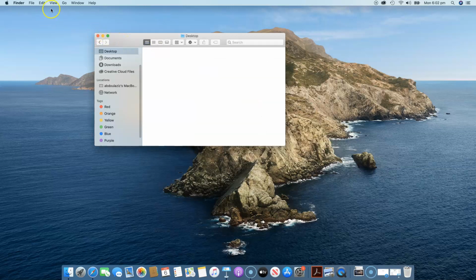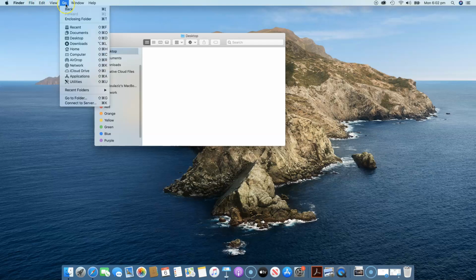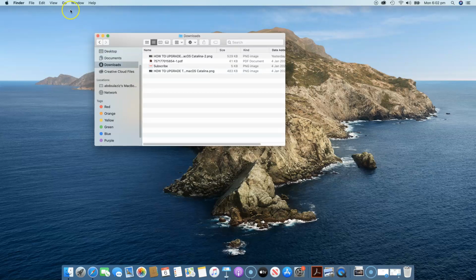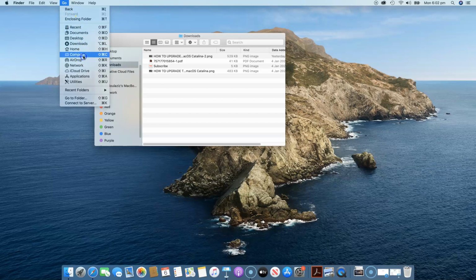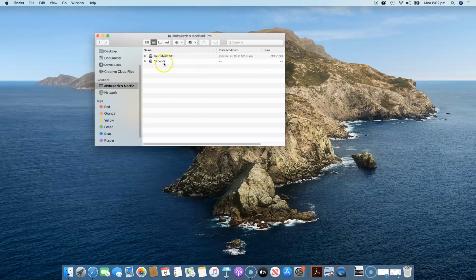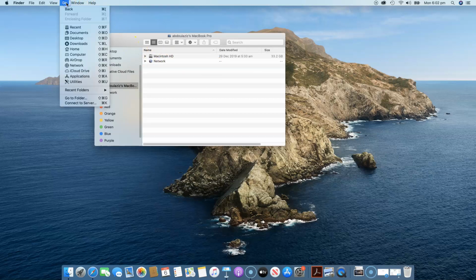So again, on the menu bar, now we've got the Finder open. The menu is contextual, so File and Edit, which are part of most applications, you'll have it. And then View is there, and then Go. If you click on Go, you've got different options. I can go directly to the Documents folder. I can go to Downloads. I will go back again. I can go to my computer. This will show you the hard drive and network. Go is really interesting,